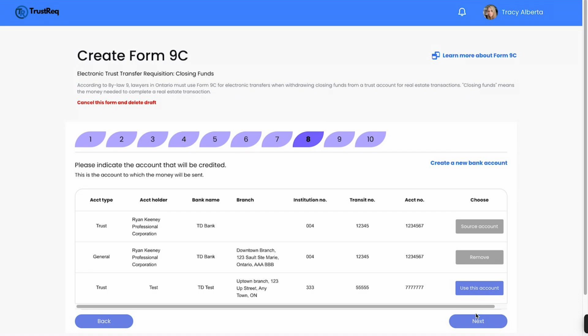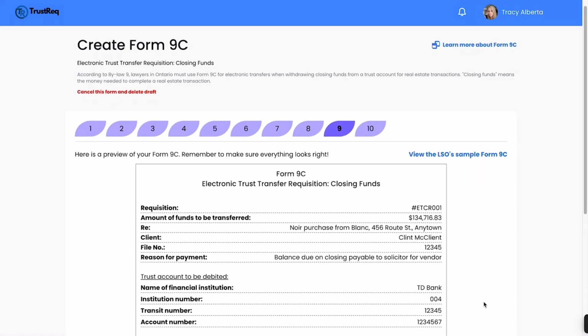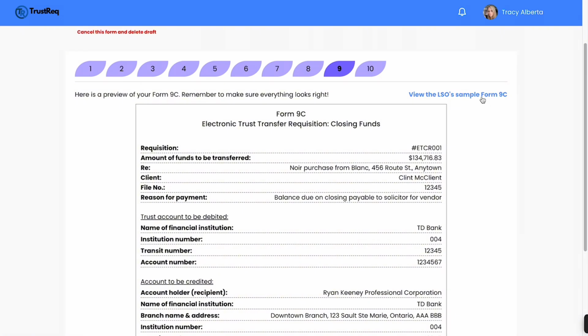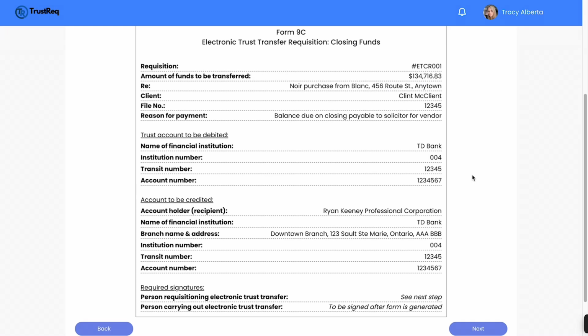When you're ready, you can proceed to the following step, where you will see a preview of your Form 9C. You can also view a sample Form 9C from the LSO's website by clicking on the link in the corner of the preview. At the bottom of the preview, you'll notice that there is a section about required signatures. Just like in the case of the Form 9A and 9B, TrustReq will ensure that you have an opportunity to